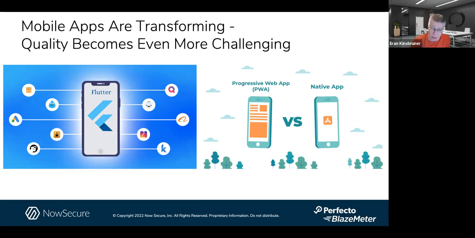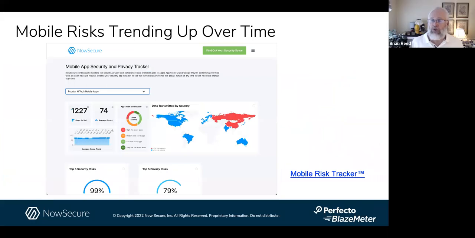So there is no slowing down in our digital innovation and transformation, which makes continuous testing, our topic for today, even more critical than ever. Absolutely. And those risk trends are actually trending up over time. There's a Coalfire benchmark report we just contributed to that's coming out today, tomorrow, next week.